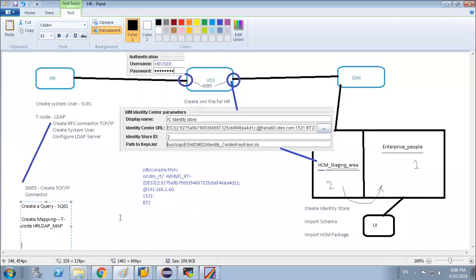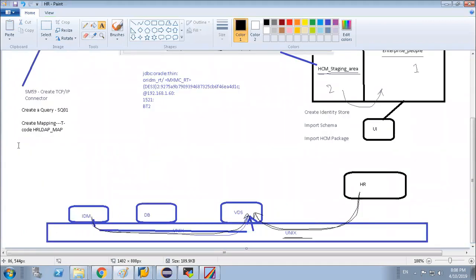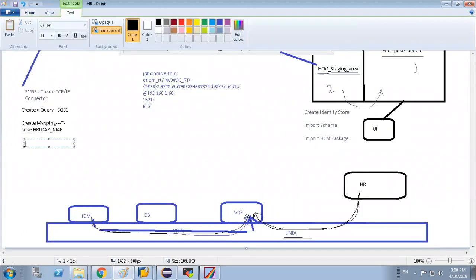Now we have to send this information to the IDM system. How to send this information? Using the SA38 transaction, the extraction program.